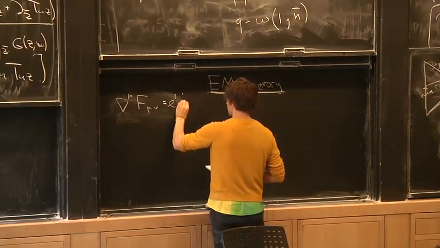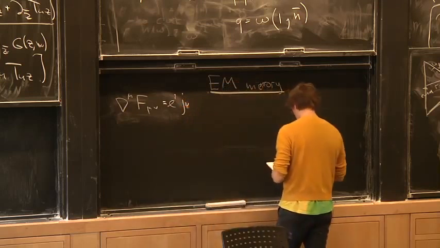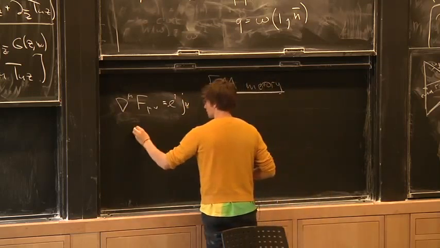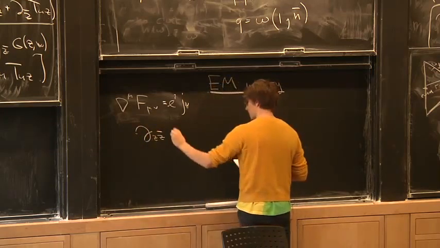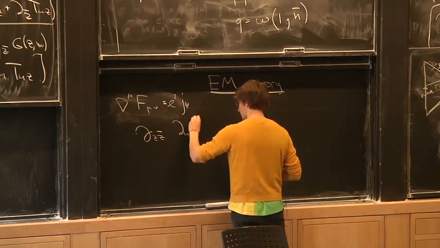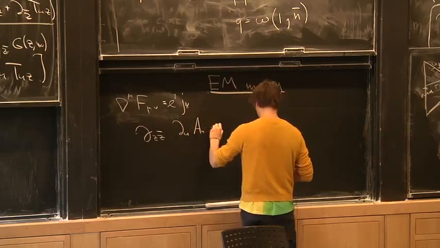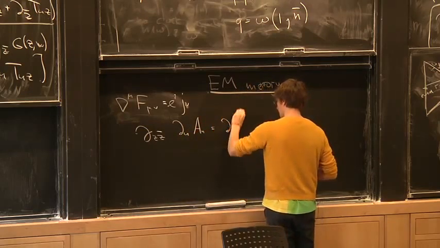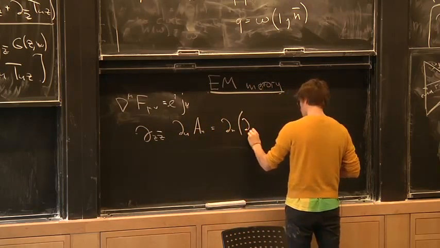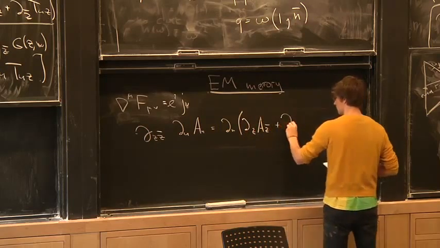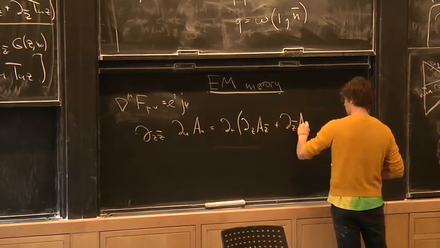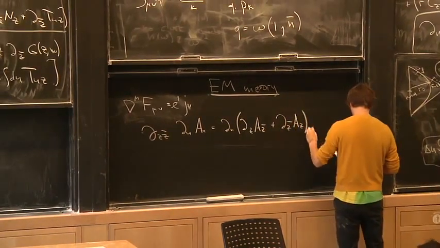Let's write the component nu being u. So in the far away region, the equation takes a form. And here,